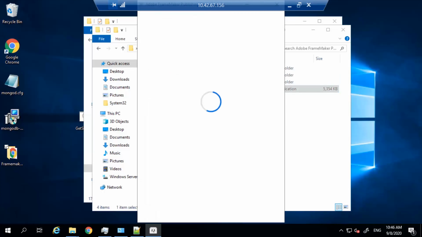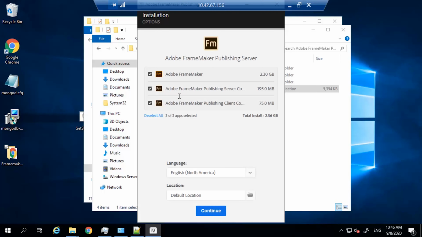That is, on whichever machine you are installing the client, you should also install Adobe FrameMaker on the same machine. Currently, I will install both server and client on the same machine. If you are doing horizontal scaling, you can install client and server on different machines. Now let's go.